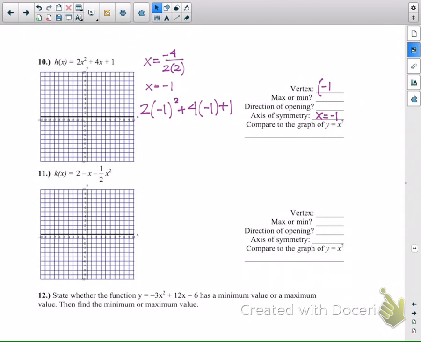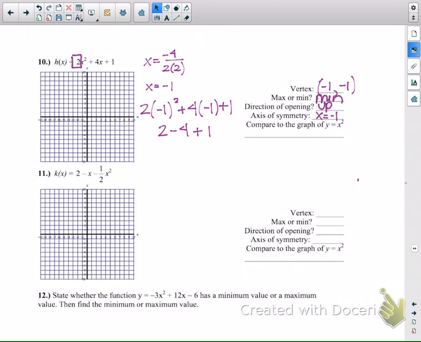Exponents first, so I square the -1, making +1. That gives me 2 times 1 is 2, minus 4, plus 1. So what's my y value? -1. Because my a value is +2, that tells me, does this open up or down? Up, and my vertex will be a